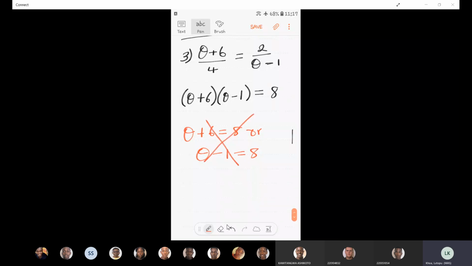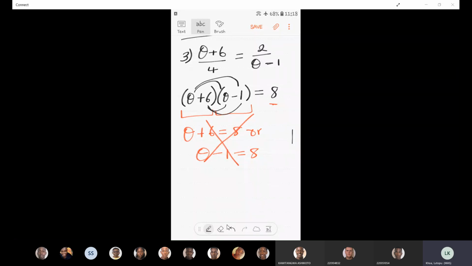This is wrong. The reason it is wrong is because just because 2 numbers are multiplying and the answer is 8, it doesn't mean one of the numbers is 8. For example, 2 times 4, the answer is 8, but 2 is not equal to 8 and 4 is not equal to 8. So please don't let me see that in the test. What you do instead is you will multiply the bracket out like that, and then bring everything to one side,